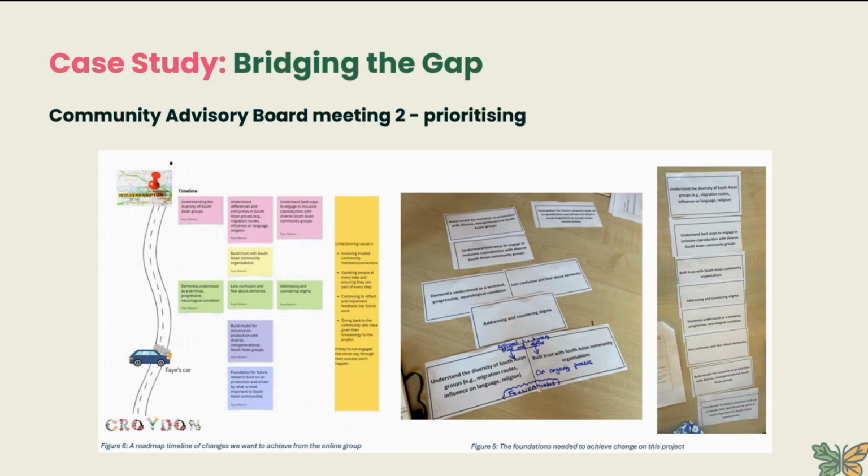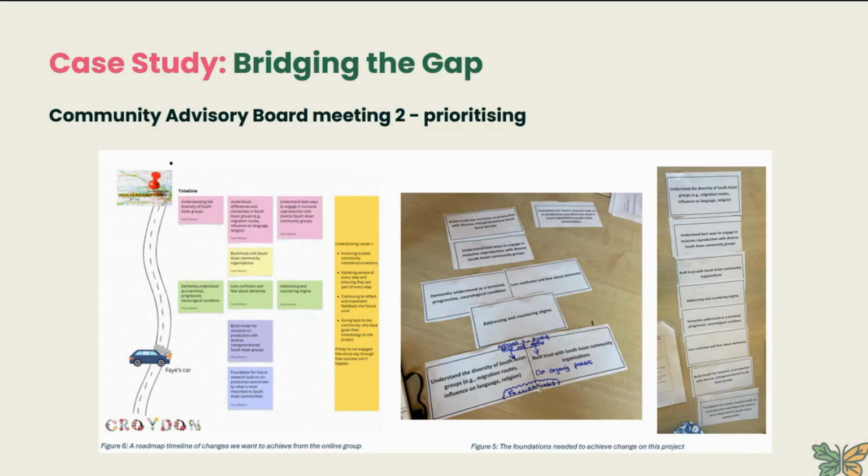And that only came out of us sitting down physically with those cards and trying to prioritize them and thinking, actually, we can't prioritize this because we need to do all of it to be able to actually deliver the change that we want to see in the community, which was improving care for people from South Asian communities